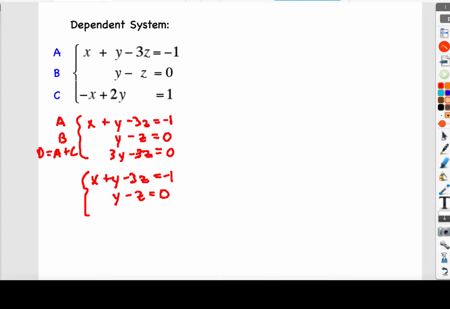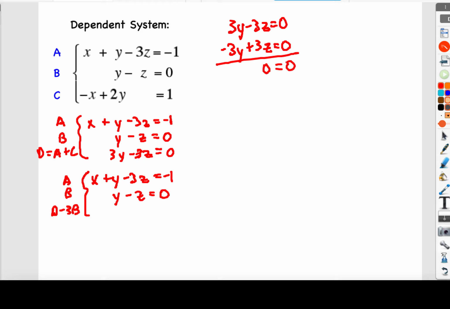So why don't we go ahead and take, again, A is here, B is here. Why don't we go ahead and take equation D, and let's subtract 3 of equation B, right? So let's just do that up top real quick. 3y minus 3z equals 0. I'm going to multiply the middle equation, negative 3 times the y value. Negative 3 times 1z is going to be a positive 3z here. And negative 3 times 0 is still 0. We'll add those up, and notice,